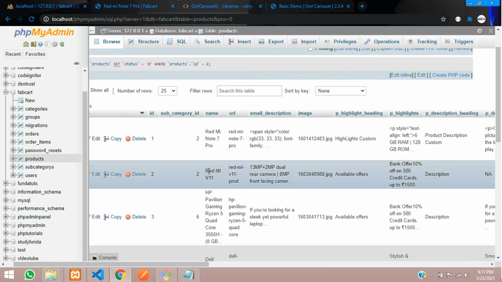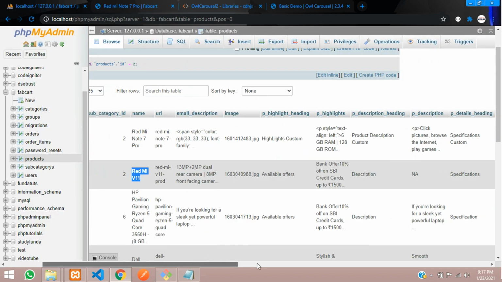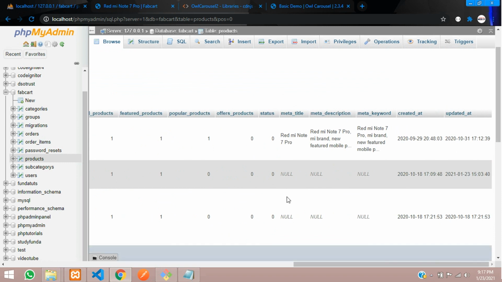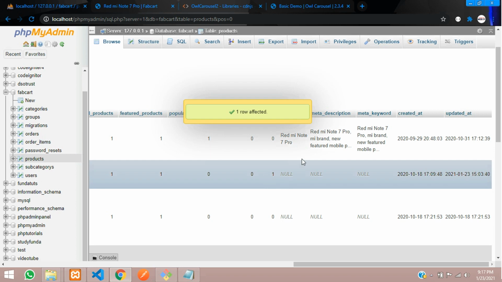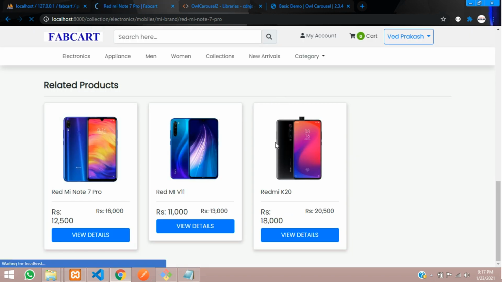So this is Red MI V11. I have given this product name, as you can see here, Red MI V11, and I want to give this status as hidden. So let me move at last, and this is status as 0, so it's shown. So let me make it to 1. And how will this work in your relationship? So has many relationship, validation is not done still. So you can see still the product is seen over here, right?